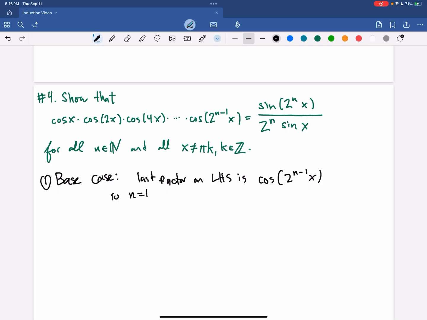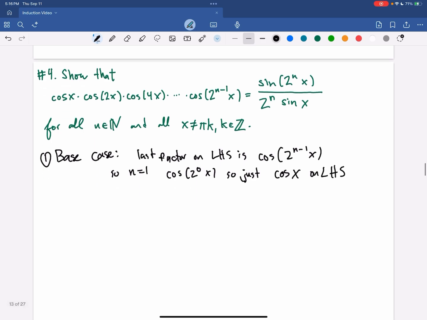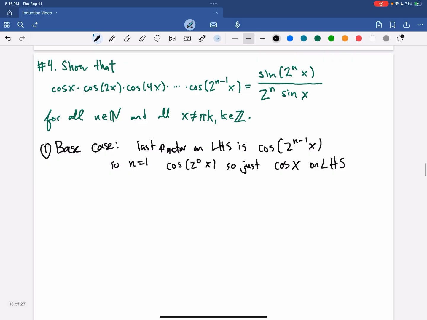So if n is 1, then we just have cos 2 to the 0 x. So just cos x on the left-hand side. We just have the one term. Okay. And then the right-hand side,